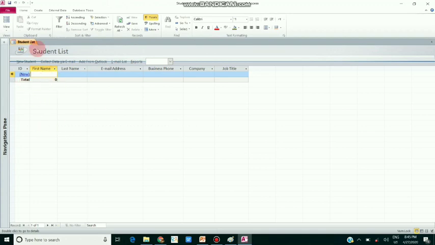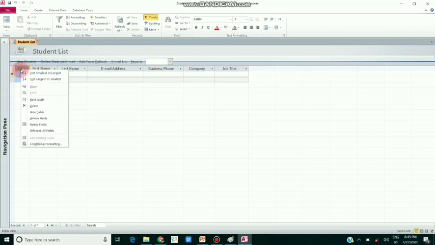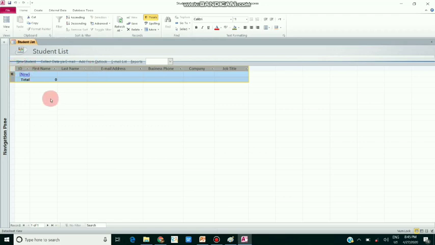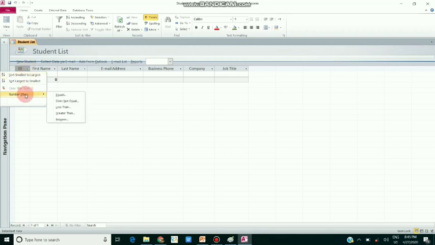Now next, what are the different components of the database? Students, first let me tell you about the duplicacy of data. You can see it. This is ID and first name. First you have to click on it. If you want to sort it, sort smallest to largest, whatever you have. Suppose here I have written something.